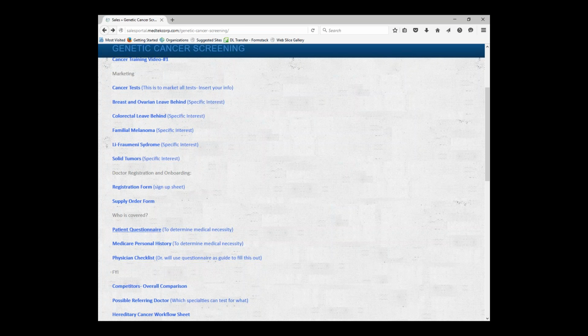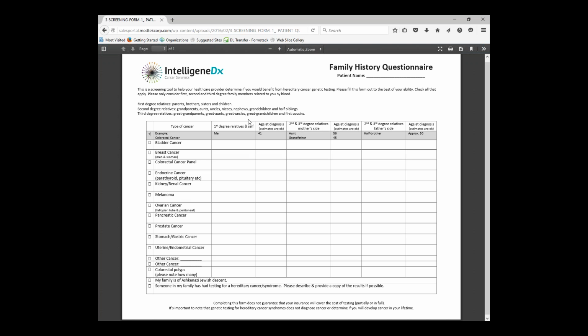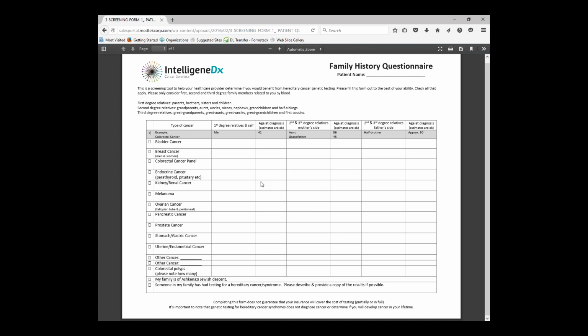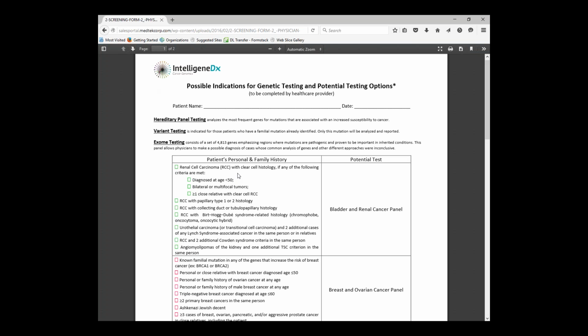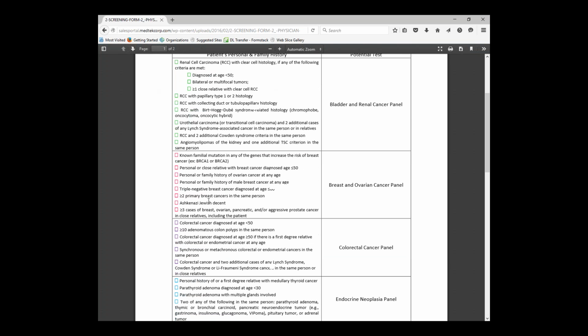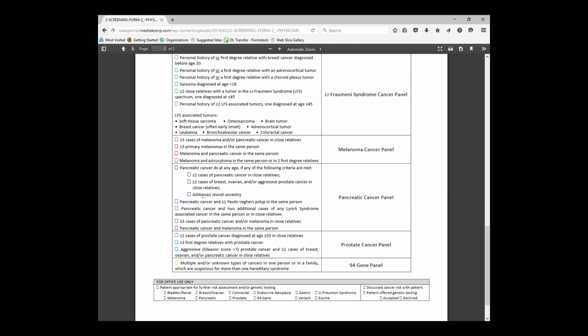And then this talks about who's covered. This is what the doctor will hand out to the patients to see if they're eligible for the genetic cancer screening. The patient will fill this out and hand it in to the doctor, and then he will go through it with his physician checklist right here. All of the information he got from the patient he'll use to fill this out. And this is going to be sent with the test